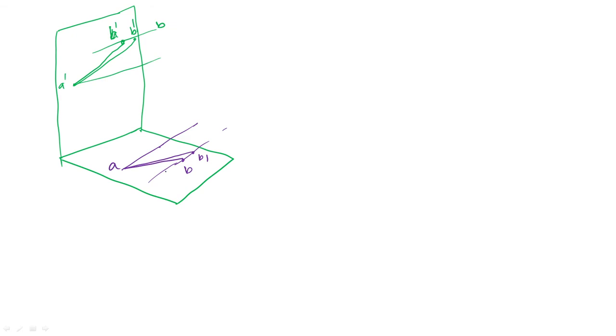Okay. So now let us measure the angle here. In one position you are going to get theta, and in top view you are going to get phi. Now beta and alpha are the inclinations of the line in front view as well as in top view.